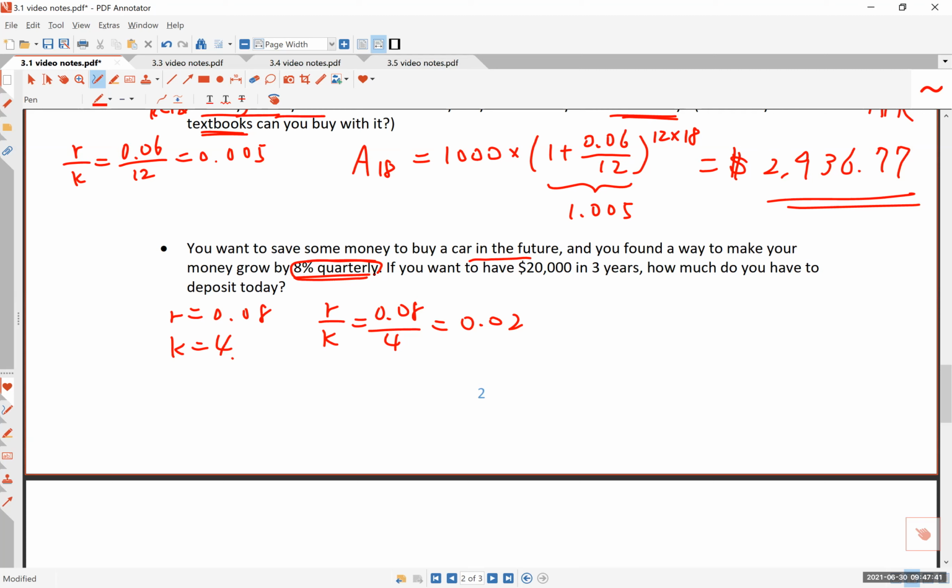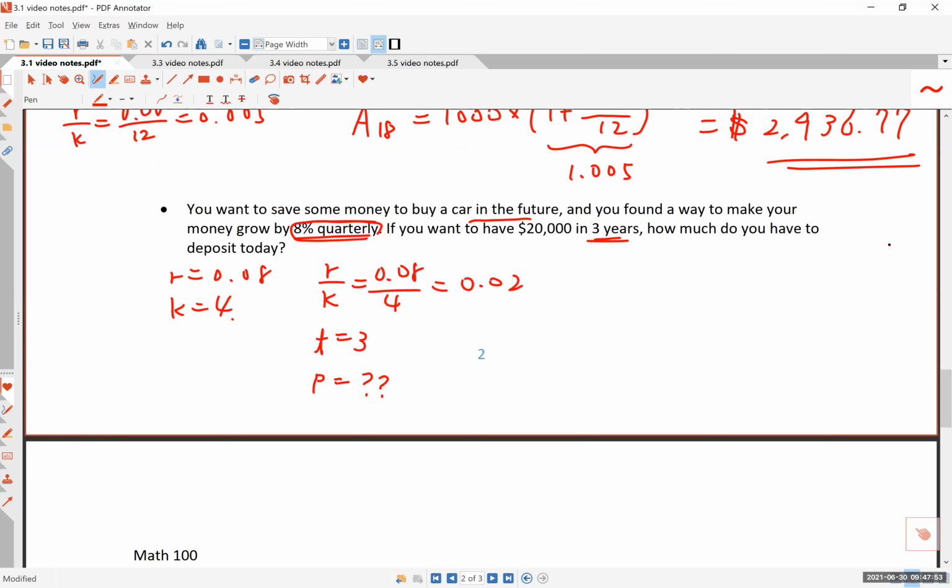If you want to have $20,000 in 3 years, so T is 3, how much will you have in the deposit today? So the thing is, this is a question that we haven't seen before because we are asked for the value P. You do know how much money you would want to end up with, right? So A3, which is 20,000,